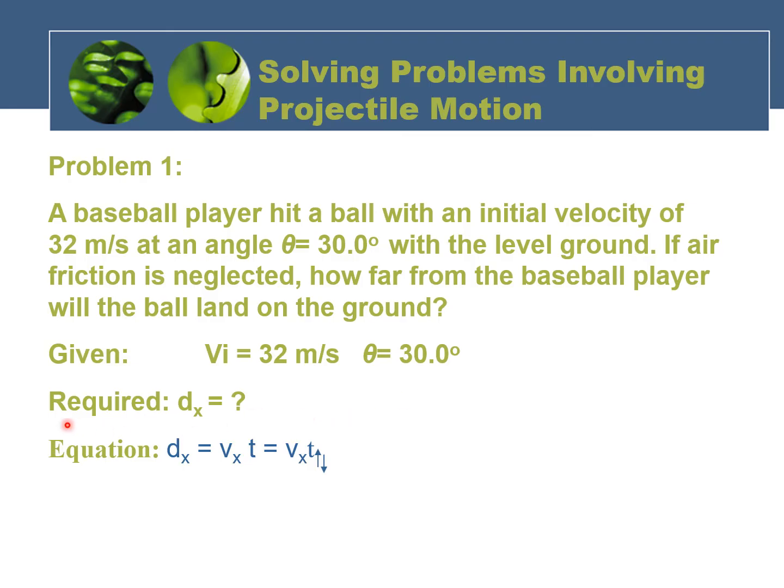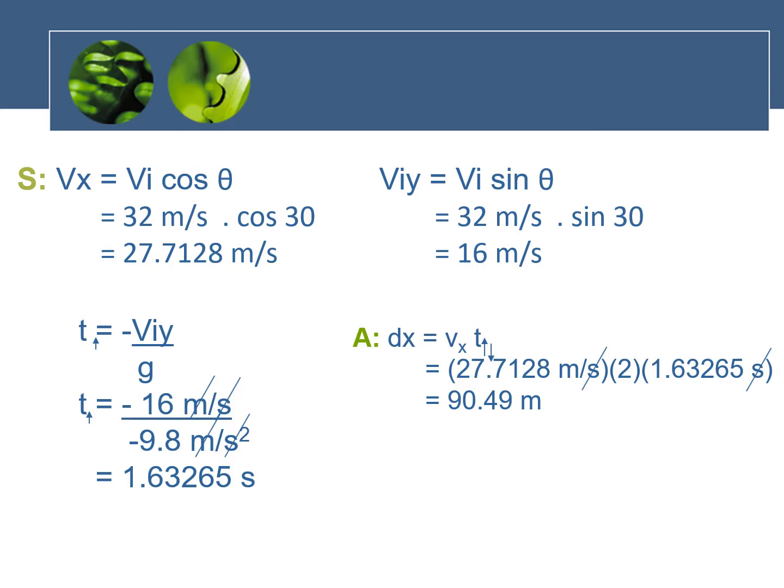The required quantity is the range or the horizontal displacement, and it can be computed using the equation dx, or range, or horizontal displacement, is equivalent to Vx times time, or Vx times total time. In order to solve for the range, we need to do the following steps. First, you need to solve for the horizontal velocity. The horizontal velocity can be computed using the equation initial velocity times cosine theta. And the answer is